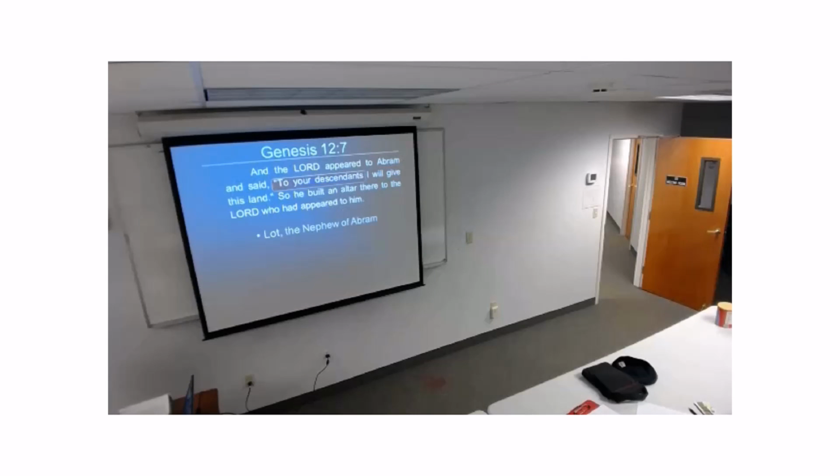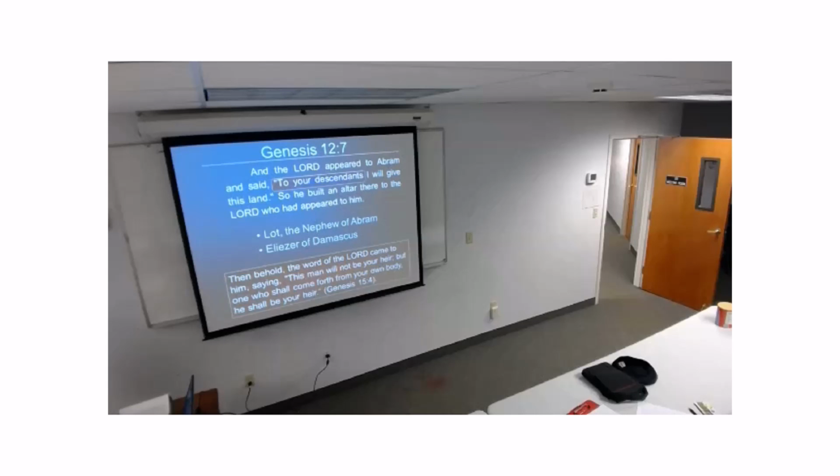So now the descendant, or to your seed, who could that descendant be? So here are Abram's options. The first is Lot. As you know, his brother had died, and this is his nephew that is with him. So is that going to be his descendant? And then Abram asked God, will my line be carried forth by Eliezer, who is my servant from Damascus? And then God tells him in Genesis 15, verse 4, this man will not be your heir, but the one who comes forth from your own body, he shall be your heir.